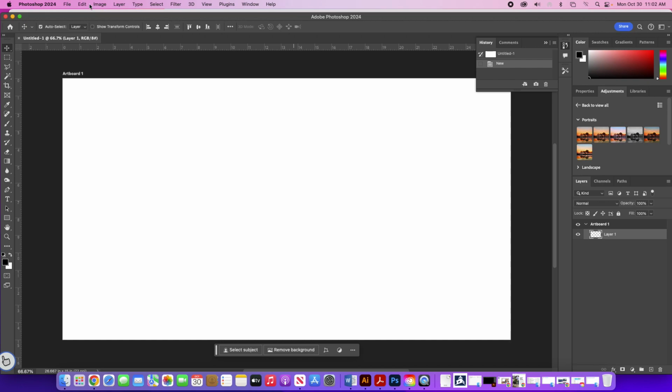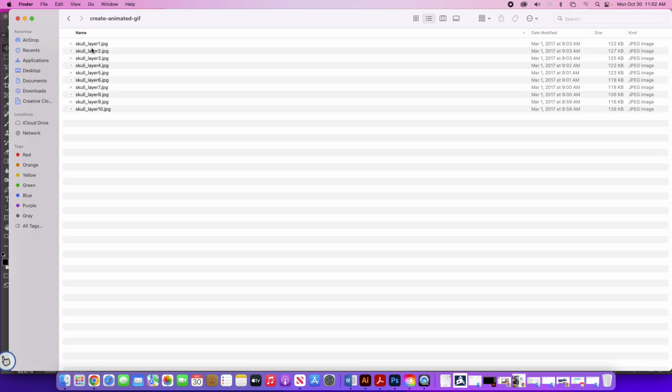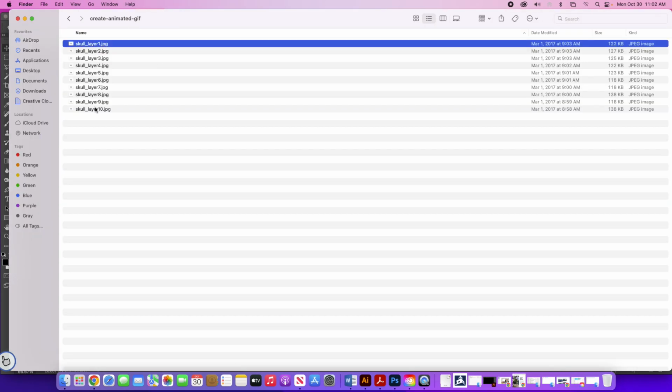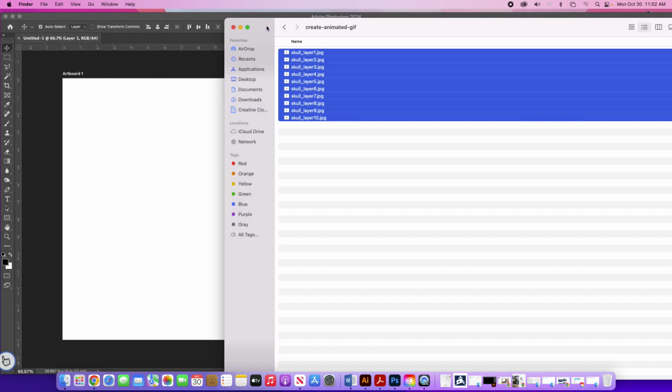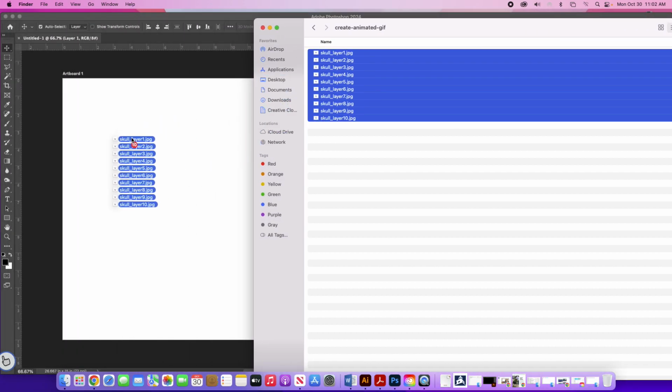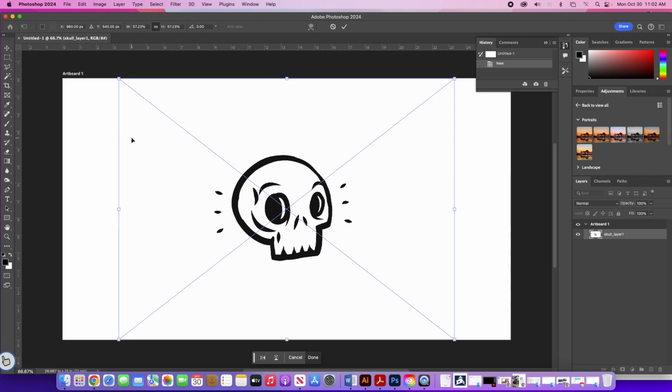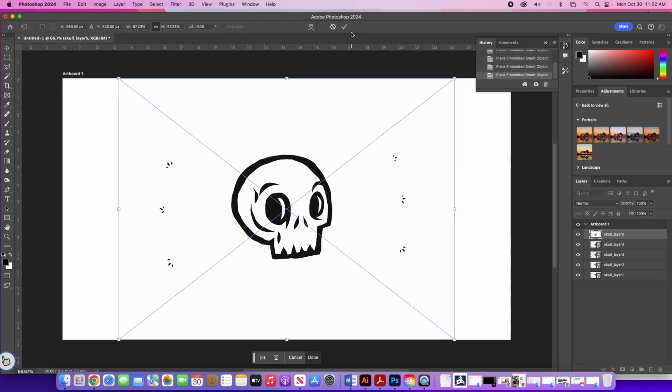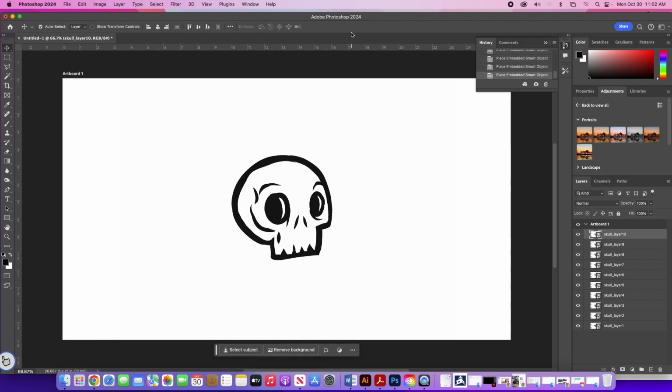And now what we're going to do is add our files to this document. So I already have my files right here, and I'm going to click and drag all 10 onto the artboard. And all I have to do is hit return for each layer to come in. And I believe I have 10 layers. There we go. So now that I have all 10 layers,